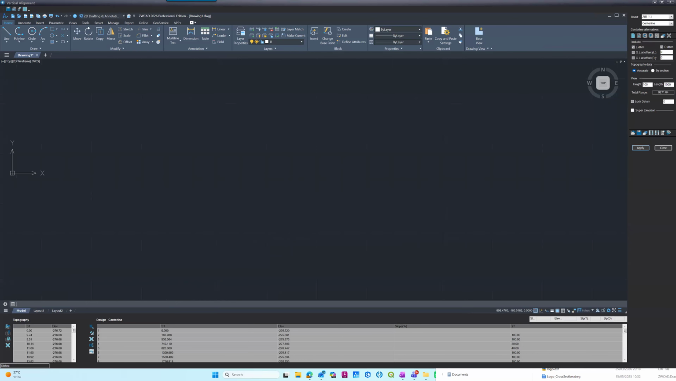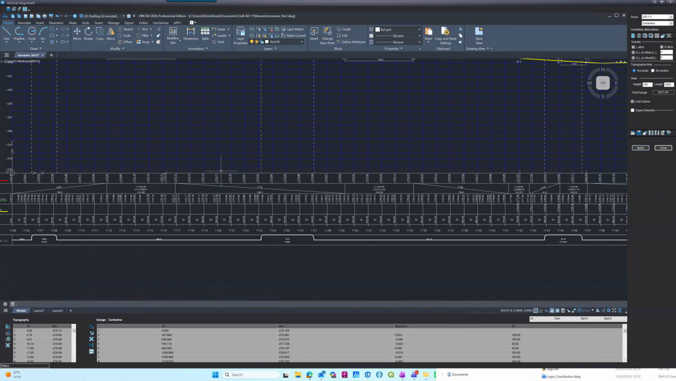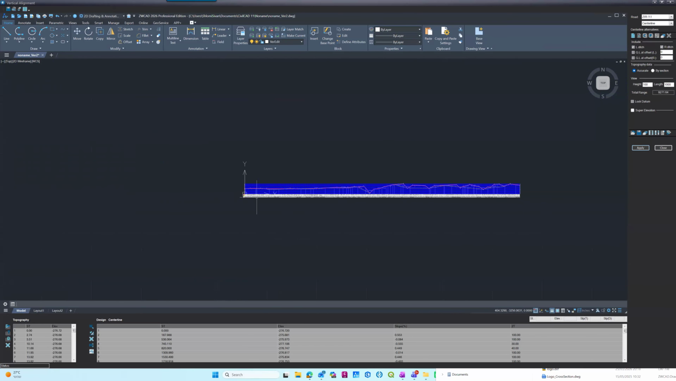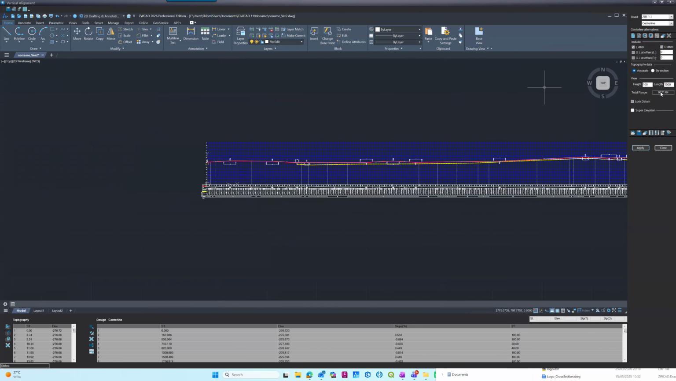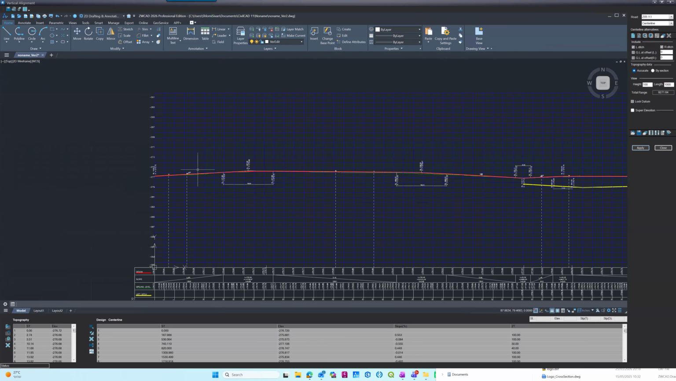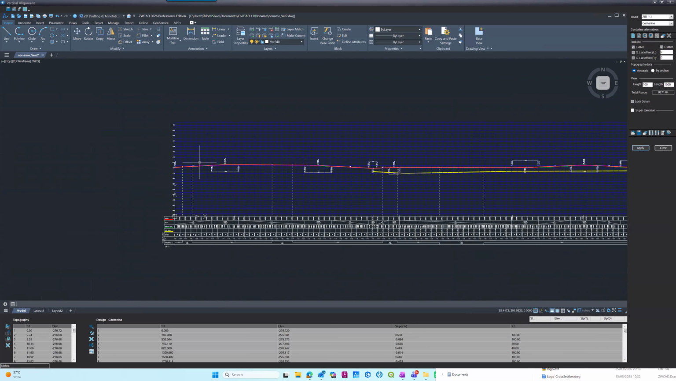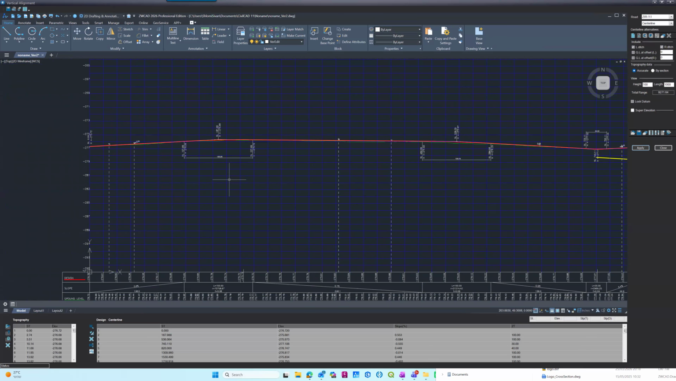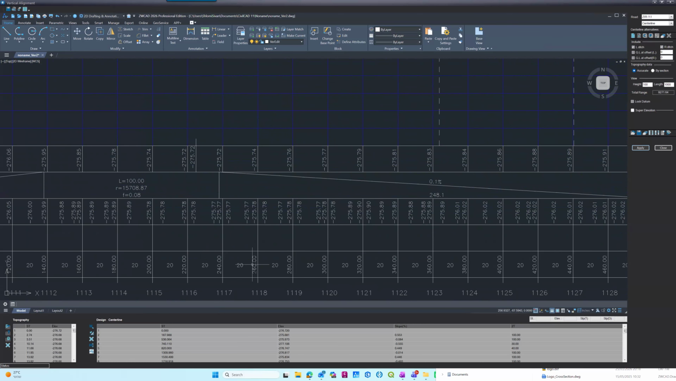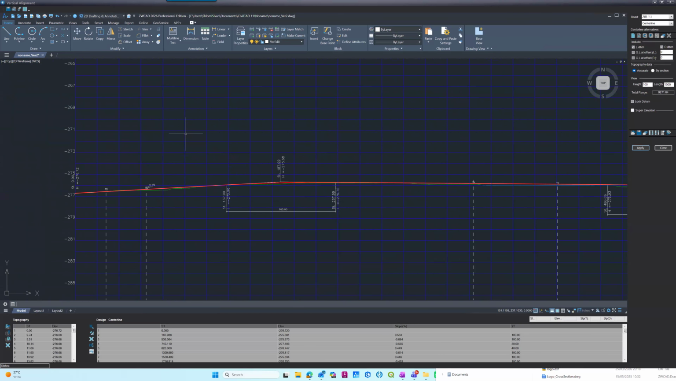Okay, still loading the data. This is the vertical alignment of my road. It's 9.2 kilometers. This is my road. And to this road, I want to divide it automatically. So I have this button. You can see it here. This button, frames division. If I click it,